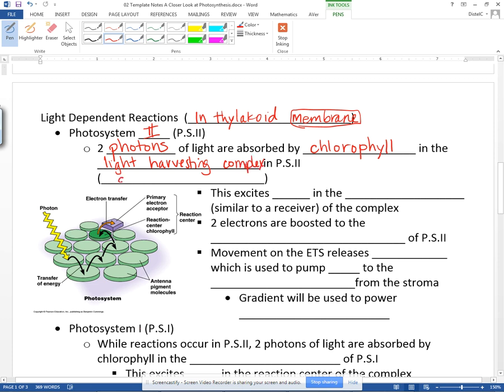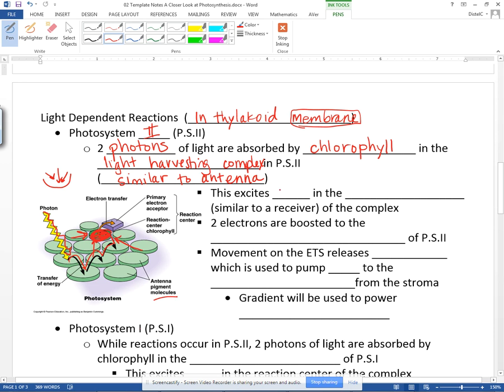The light harvesting complex is basically like an antenna, or like a satellite dish. So if you think about this, when the light comes in, the energy bounces around from pigment to pigment to pigment, but it's all being funneled in to one location, right here. So just like a satellite dish funnels in the waves into one location,